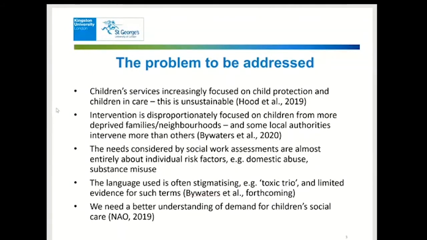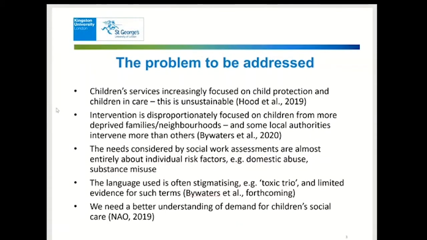So there's a systematic review on this coming out, written by Paul and others, that examines the evidence base for the toxic trio. And what we know, obviously, is that this idea that there are three risk factors in particular, mental health, substance misuse, and domestic violence, that when found in combination, really elevate the risk to children's safety, health and well-being. That comes initially, at least, from